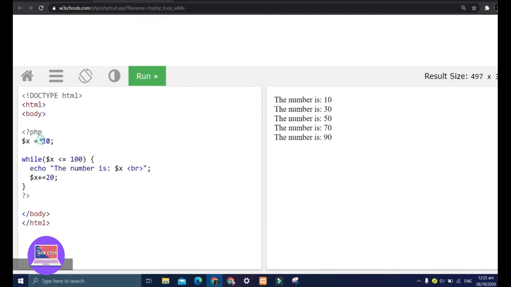Okay, so we initialized it to 10. Then our condition is if x, which is 10, is less than or equal to 10, then this will be executed. The number is x, which is 10, and x += 20. This is our increment, so we increment it by 20. The next time it loops through, it's going to